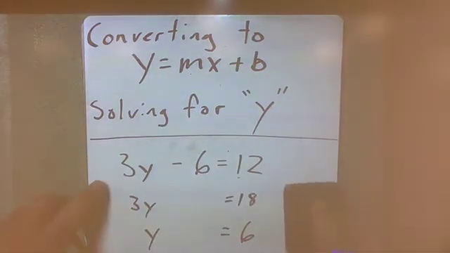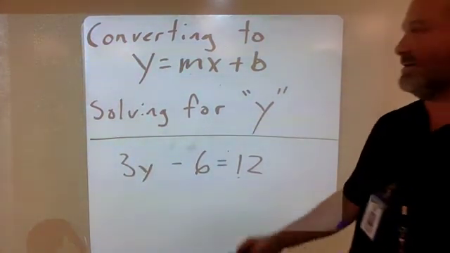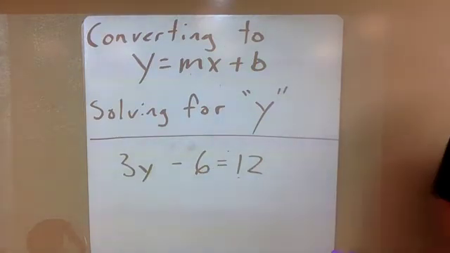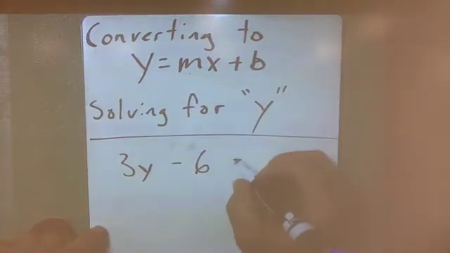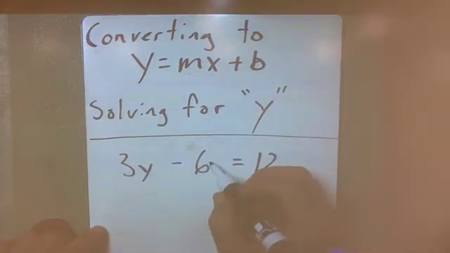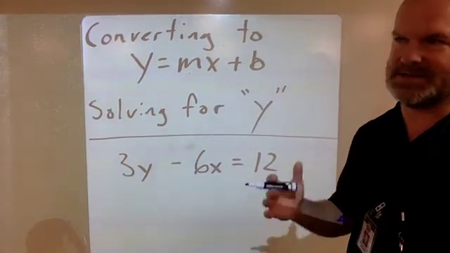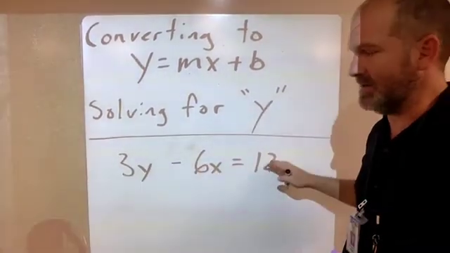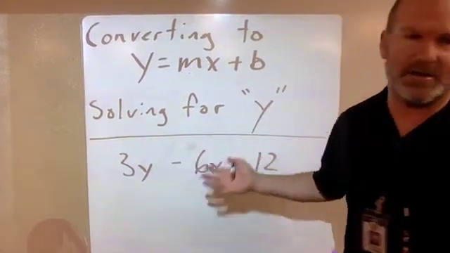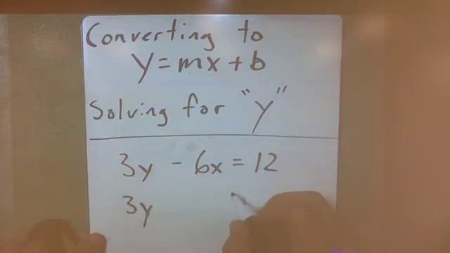Now, when it comes to converting to y equals mx plus b, you're going to have an x in this equation too. So it's probably going to look like this. Instead of 3y minus 6 equals 12, it'll be 3y minus 6x equals 12. And it's still the same exact steps we just did. You're going to add the 6, which is now a 6x, to the other side, and then you're going to divide by 3. The only thing that's different is that 12 and 6x,